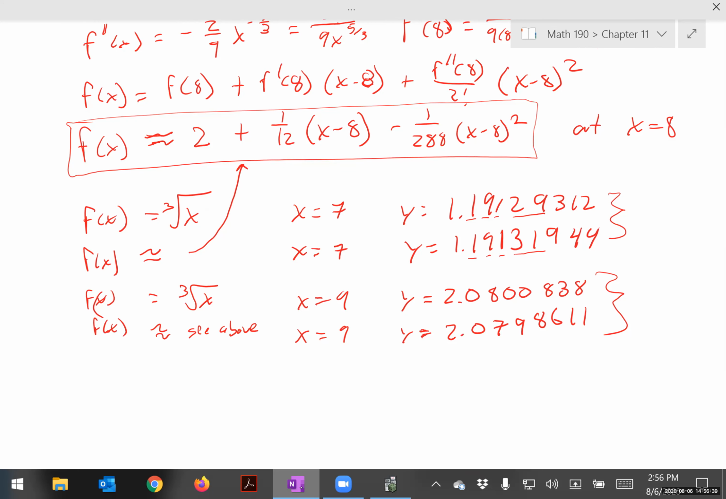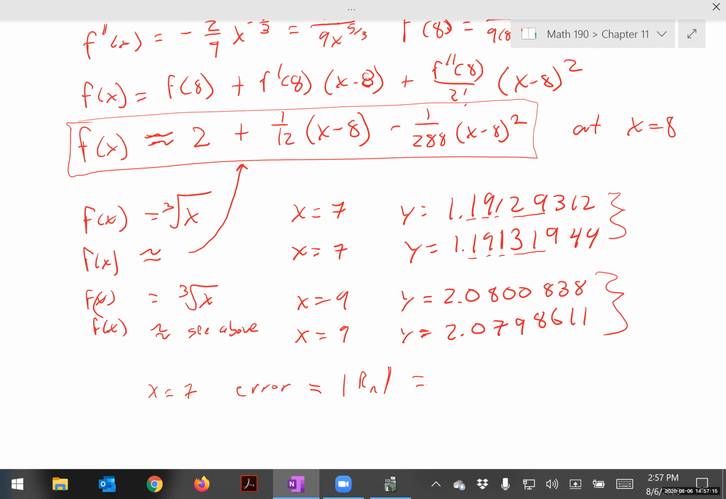So at x equals 7, the error is equal to what? I'm going to take the bigger one minus the smaller one here. I could just do the absolute value, but it really doesn't matter. We're just going to do the absolute value of the error. When x is equal to 7, I'm going to take these two and subtract them. 1.19131944